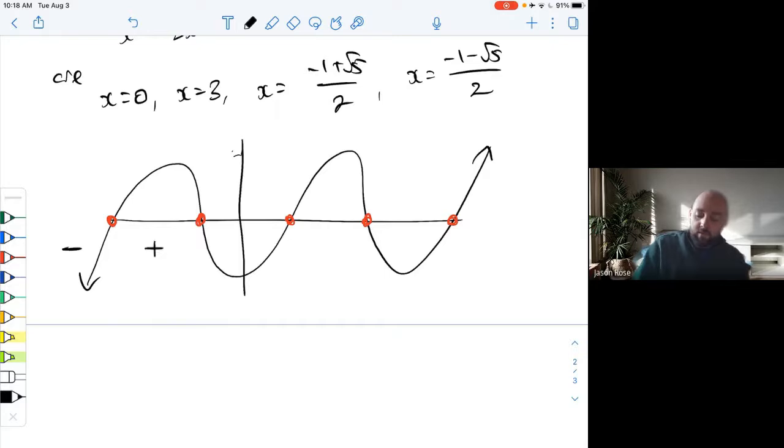Here, it's positive. Here, it's negative. Here, it's positive, because here it's negative, because it's always going to be below the x-axis here. It's positive because it's always above the x-axis here. Negative in this region because it's below. Positive in this region. So the reason I wanted to know those zeros was because that tells me what the